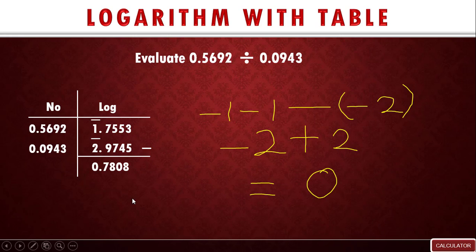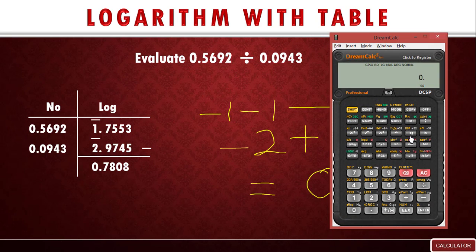So for those of you that are making use of your 4-figure table, all you need to do is to go into your antilog table and check 0.78 under 0 difference 8. But if you're using your calculator like me, so find your calculator and then press your shift or second function, then press your log, then press the number 0.7808 and press equals to or enter. So your answer will be